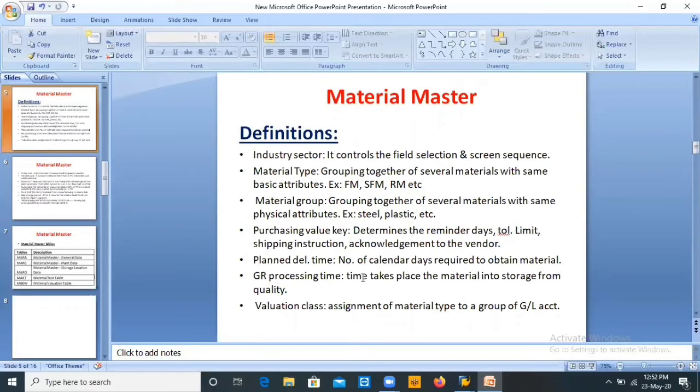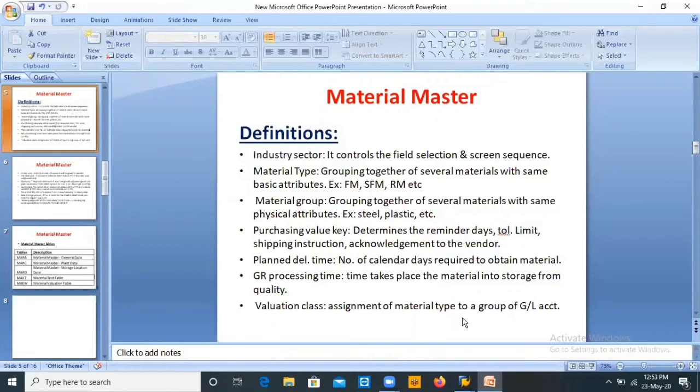GR processing time: after the vendor sends the material, we send it to quality inspection to check whether the material is good or damaged. Then we move the material from quality into the storage location under the plant. The time taken for this is called GR processing time.